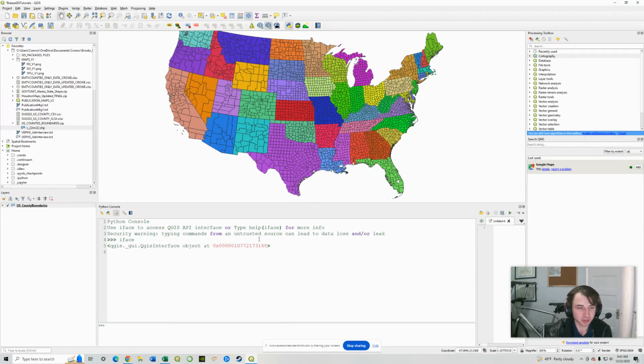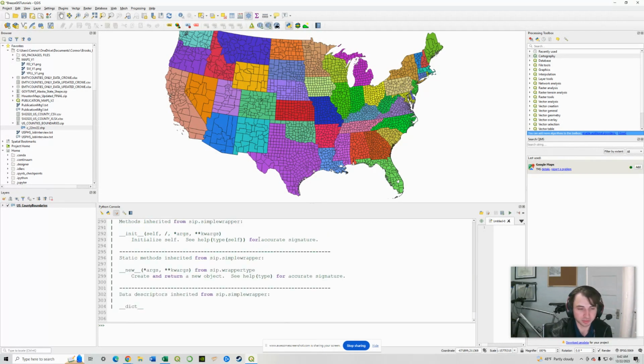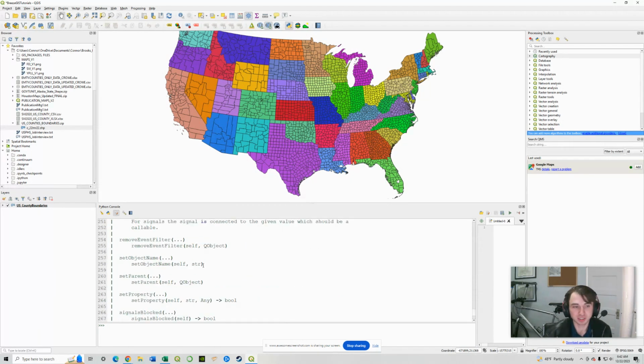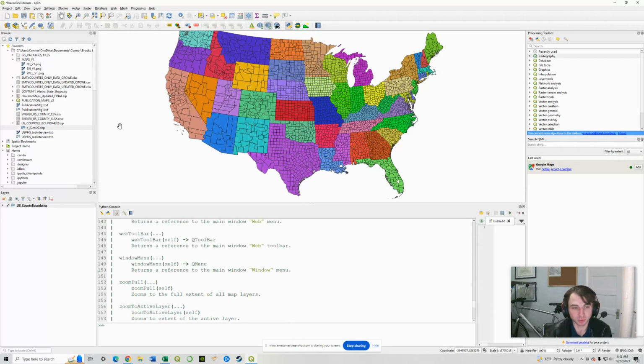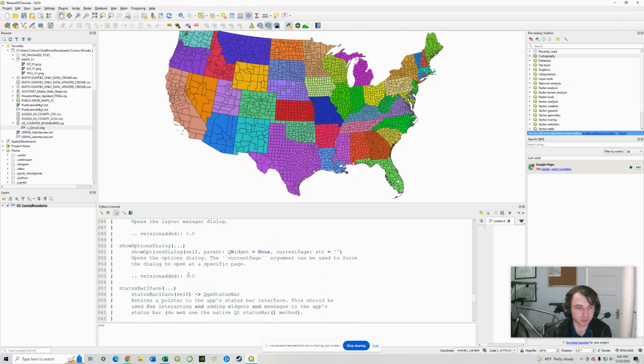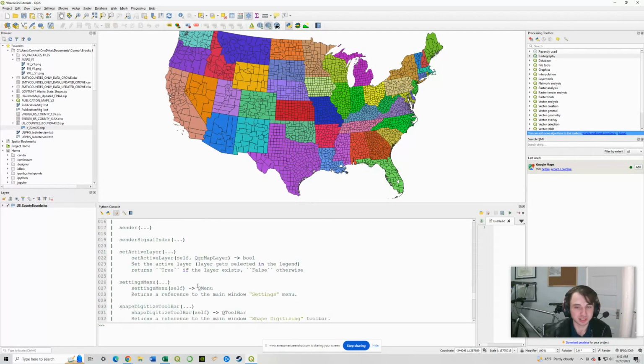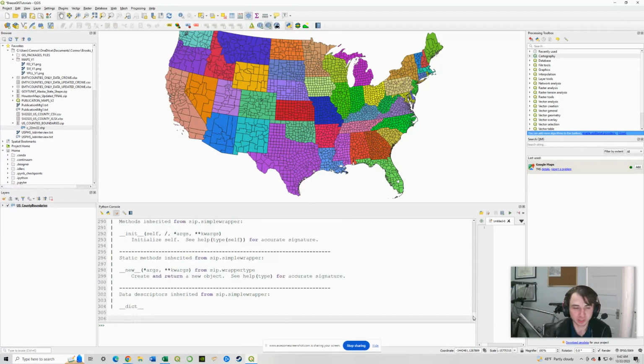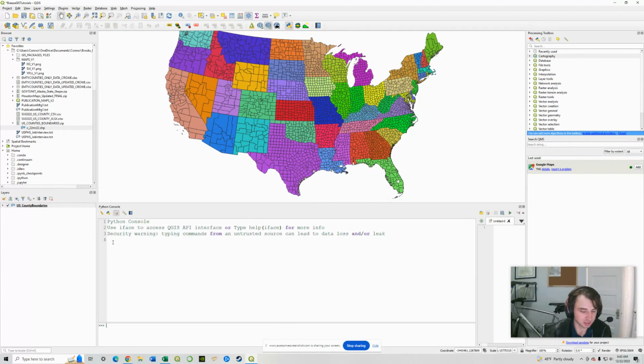If you're unfamiliar with iface, you can type help(iface) to look at all of the different methods you can use. iface has a lot of different methods for improving and making more efficient the workflow within QGIS. There's lots of methods for layer manipulation and accessing tools and menus and lots of different quality of life features in there. But what we're going to be looking at today is just an introduction to some of the layer manipulation methods within iface. So to start, I'm going to clear this,